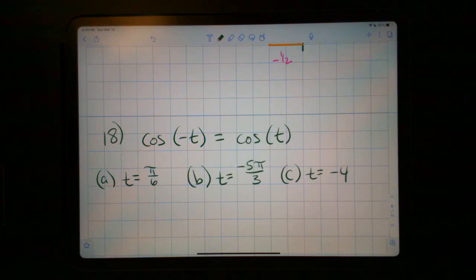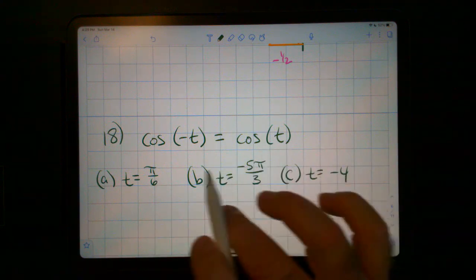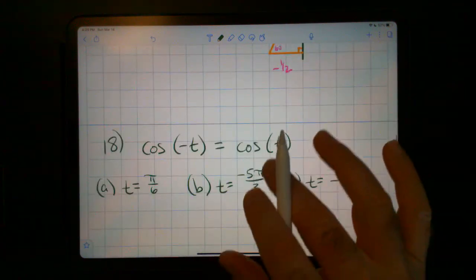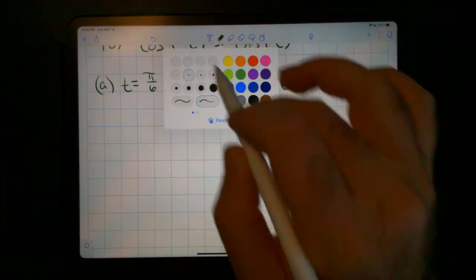Hello. So here I need to check that both sides of the identity are indeed equal for the given values of the variable t. Notice cosine is an even function. Even function. So if we have